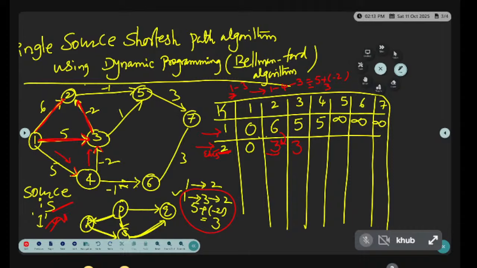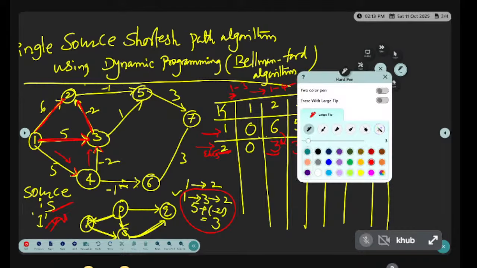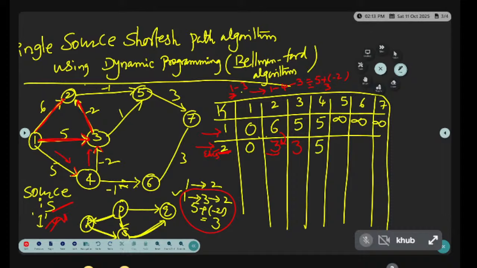So we try to make it as 2 edges, not possible. If not possible, consider with the existing one. Existing 5, 5 only. The existing 5 will remain the same. The 5 with 5 only. Now